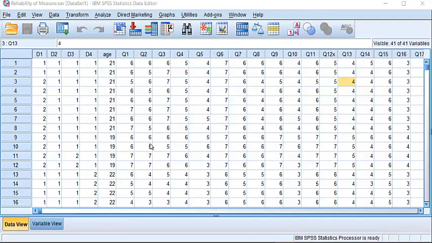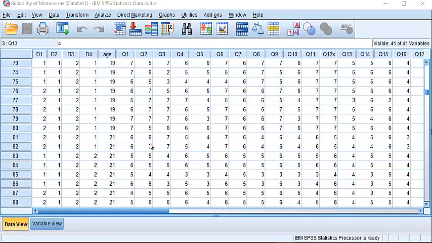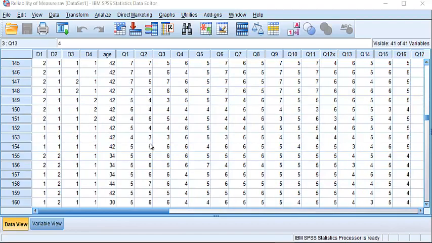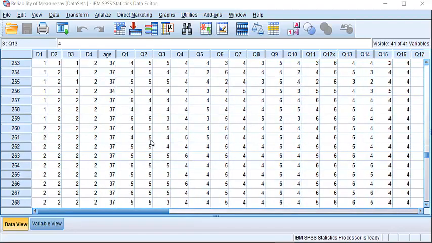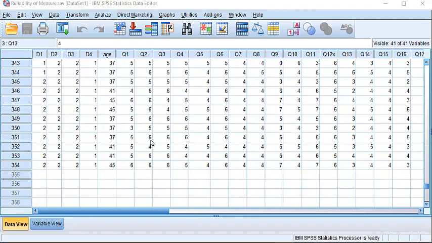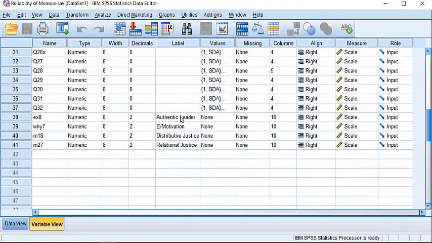For example, we have this data matrix which contains data about 354 respondents, and the variables in this questionnaire were about authentic leadership and employee motivation.